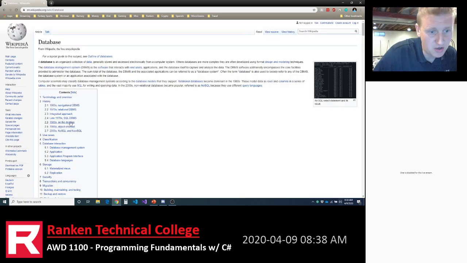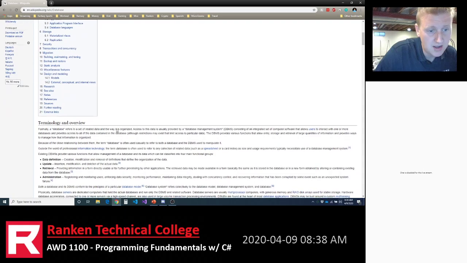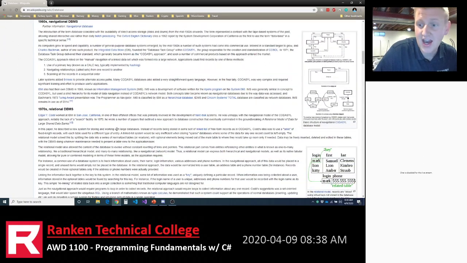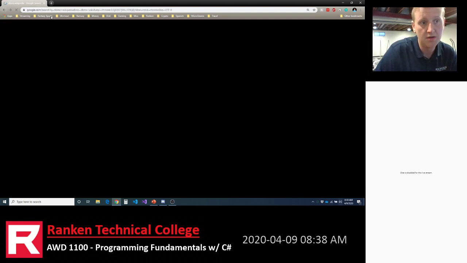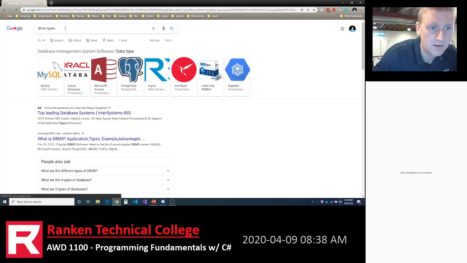Right, and you see these go back to the 60s. So databases have been around for a long time. These are the common database management systems. There are a lot of them.